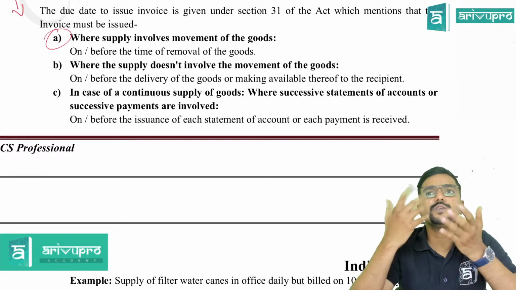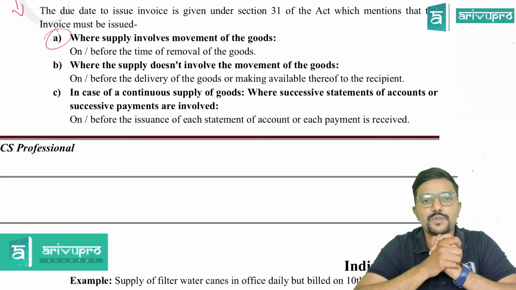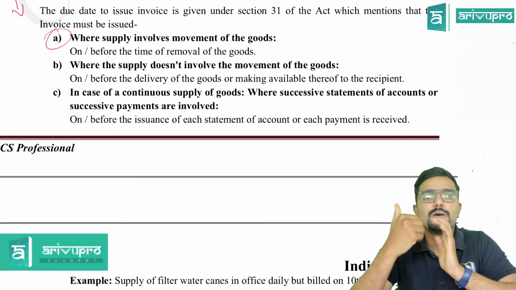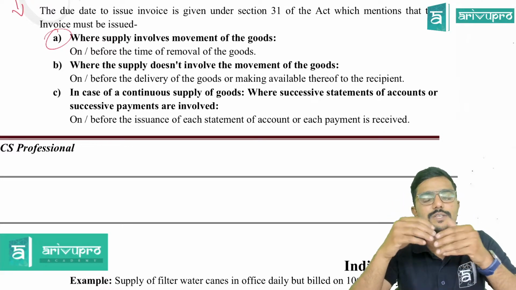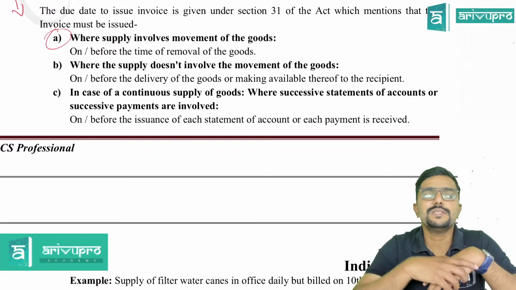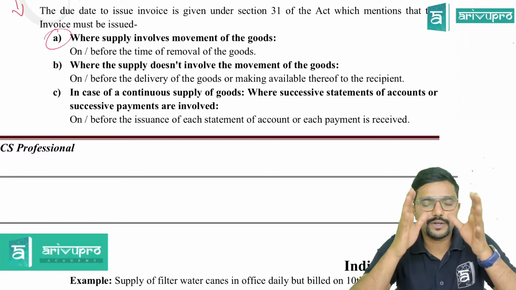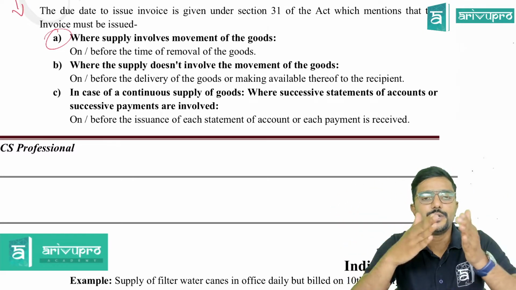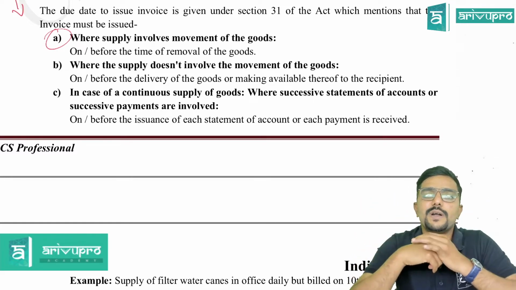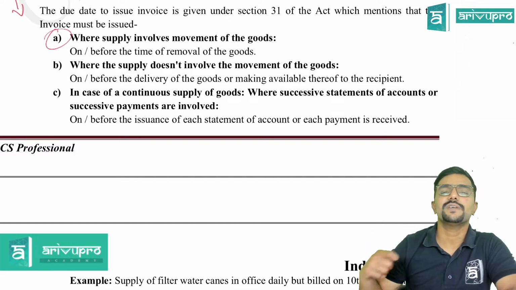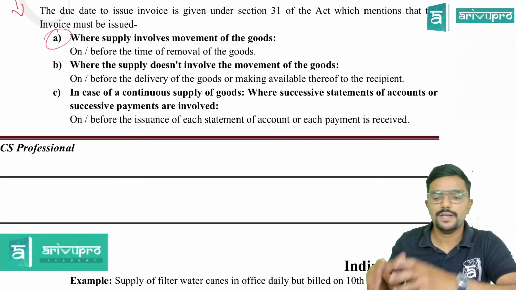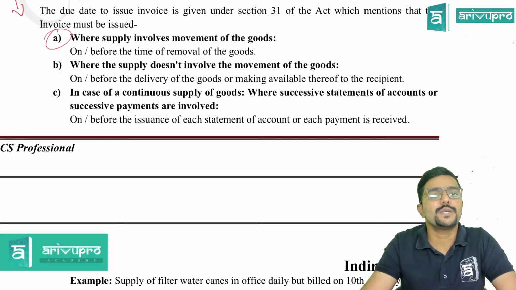Clear? Yes. So assume you are in the hotel industry, you are running a hotel. You have given me a contract to supply vegetables every day, day in, day out. Agree. So the invoice may not be issued on a daily basis. Assume we both have agreed that payment will be made once a month, on the 10th of the next month. For whatever vegetables I have supplied during the month, I will issue a statement for you on the 10th of next month. You will then make the payment to me. Agree. That is what is called continuous supply, because to issue an invoice for each and every supply might be difficult. That is why everything can be aggregated together cumulatively and you can issue an invoice.